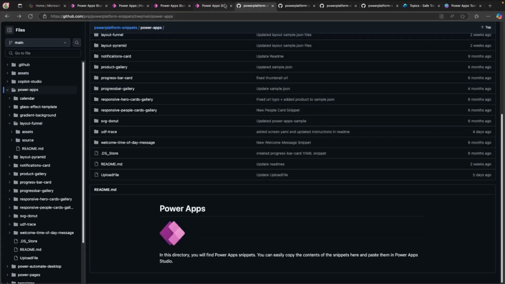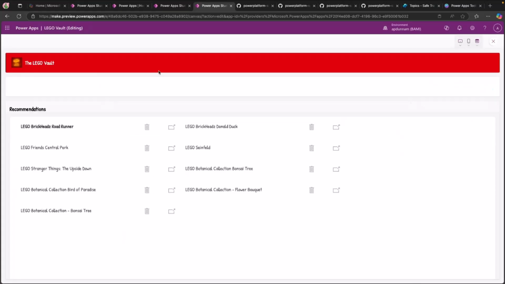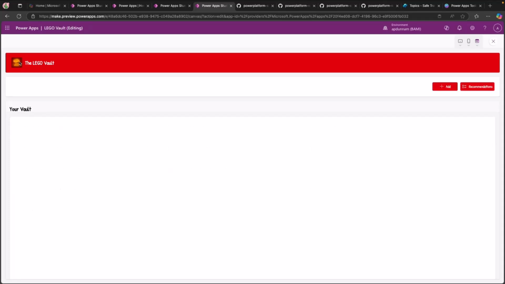But what I want to do is see how we can use some snippets to help me finish building out my Lego Vault application. I've built this application, and it's pretty cool. It lets me track an inventory of all the Lego sets that I have and that I built. And it's even using some cool AI stuff behind the scenes to automatically get information about those and do all the tagging. So all I have to do is upload an image. But as you can see, it's functional, right? I can add new items, I can see my recommendations and all that, but it's not very pretty.